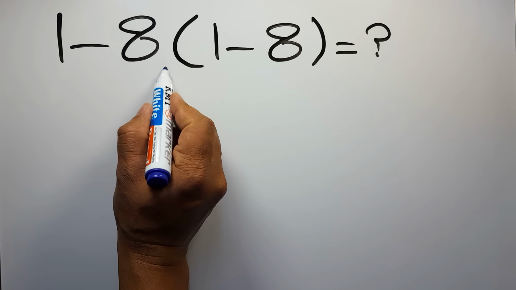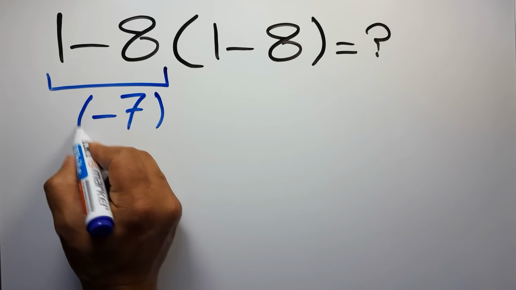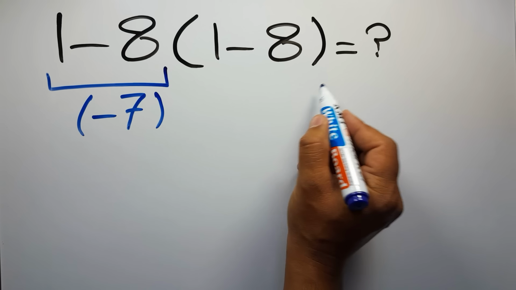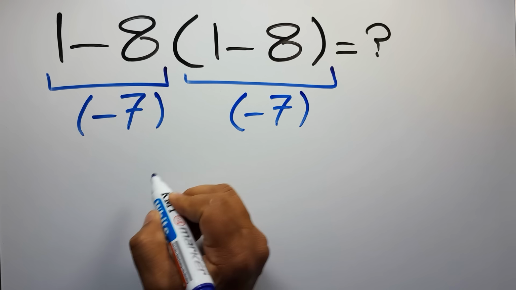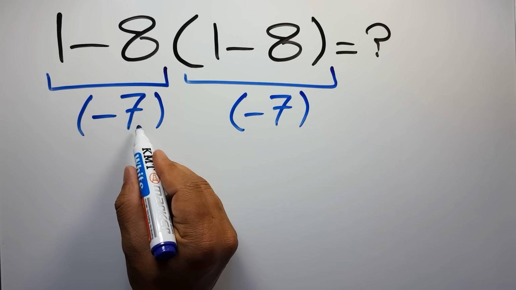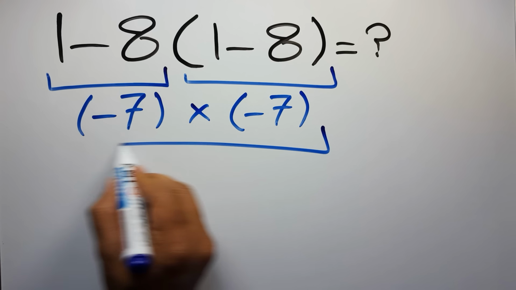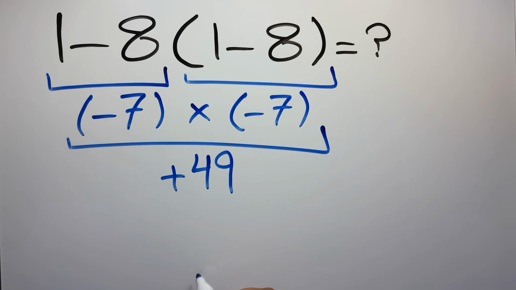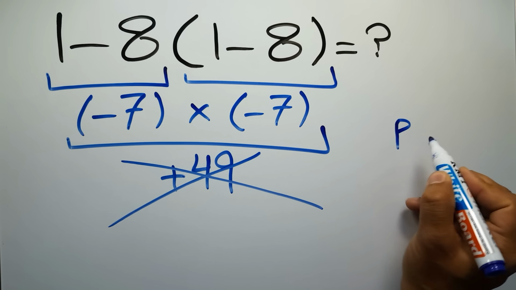1 minus 8 gives us negative 7. And again, here inside this parentheses we have 1 minus 8. So negative 7 times negative 7, which equals positive 49. But this answer is not correct because according to the order of operations, which is PEMDAS,